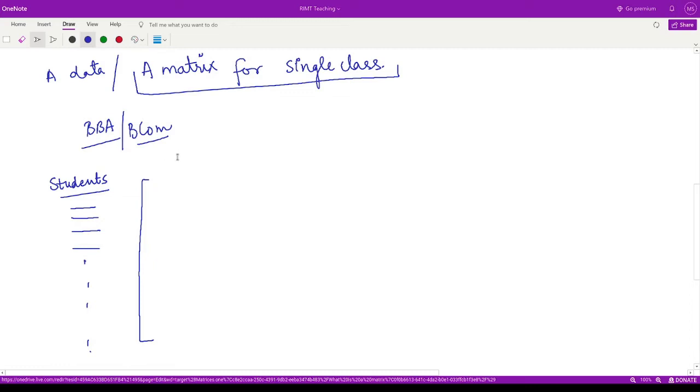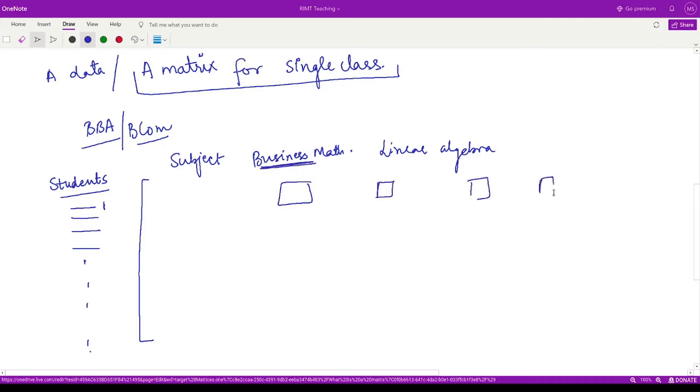And here I can list down the subjects. For example, right now we are studying business mathematics, or one subject could be linear algebra, or you have business, right, or any other subject. So all the subjects are listed here and all the students are listed here. So I can mark down the marks for this particular student for this particular subject is this one, and then this one, this one, this one, and so on.